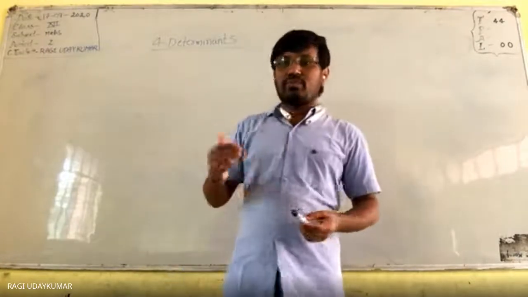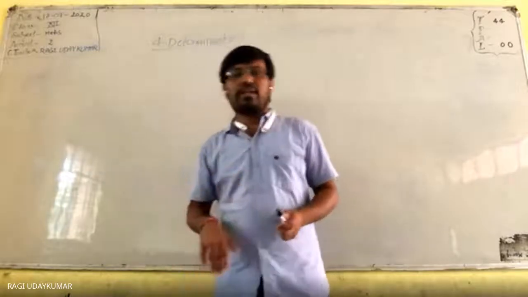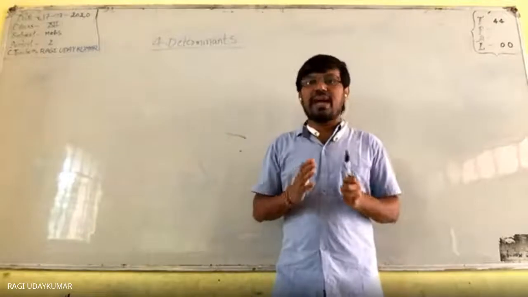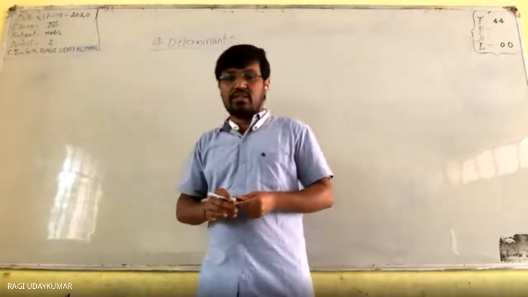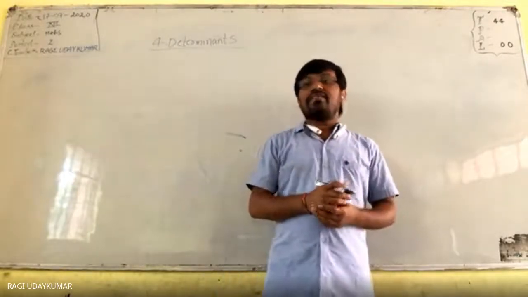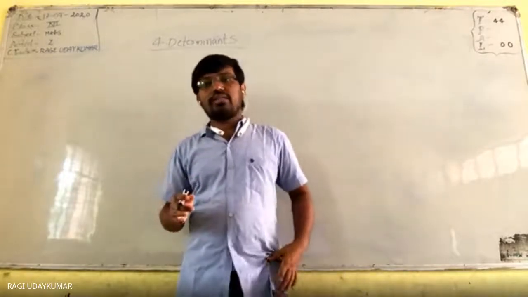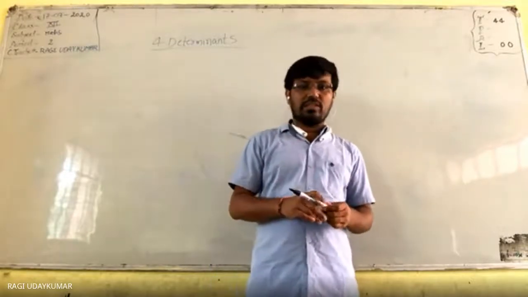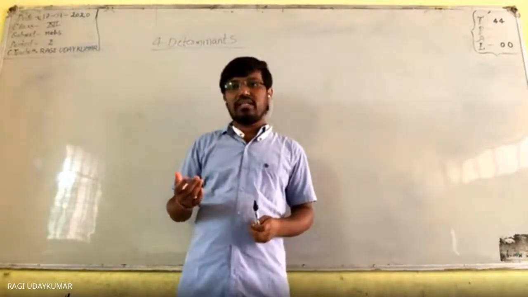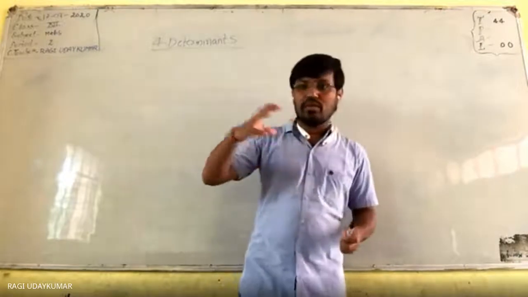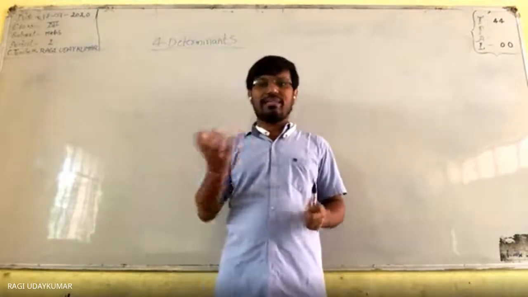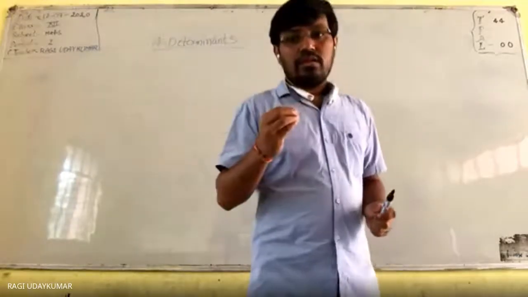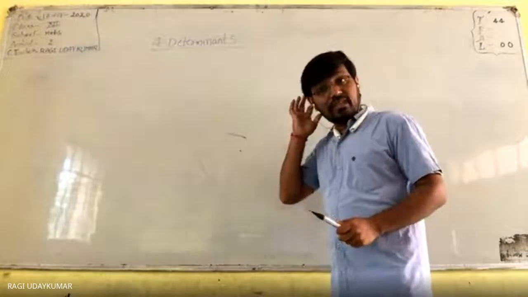So now before going to learn the basic things, you need to learn in this chapter the determinants of the matrix: 2 by 2 matrix and 3 by 3 matrix. What is meant by determinant? And with the help of the determinants, you can find the inverse of the matrix. When you learn how to find the determinant, along with the adjoint matrix and other matrices, with all that you can clearly find the inverse of the matrix.